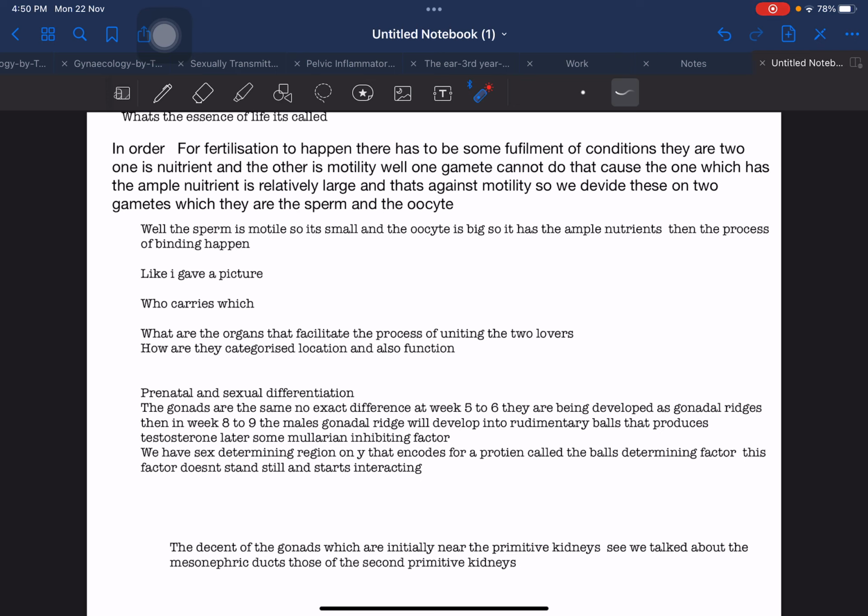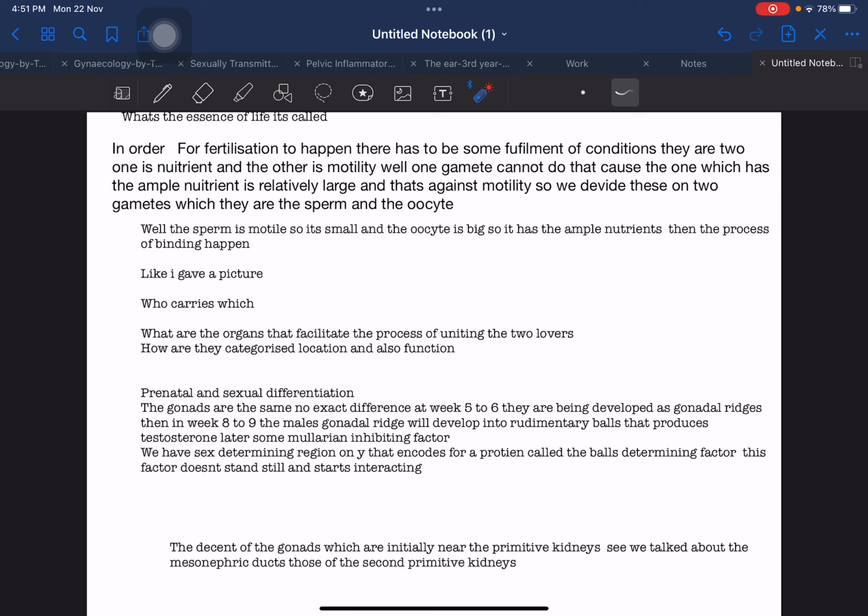Now, there's no sexual differentiation. The gonads are gonads until week 6. Some differentiation happens from week 8 to 9, and there's distinctive differentiation between the male and female genitalia in week 12. So how does that happen? Let's come back. So the gonads are